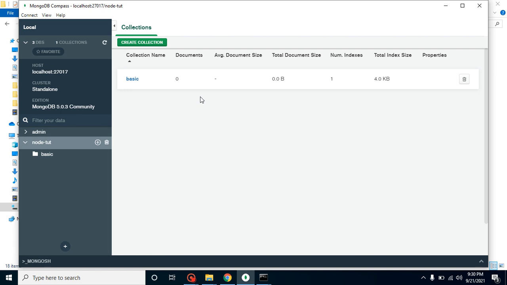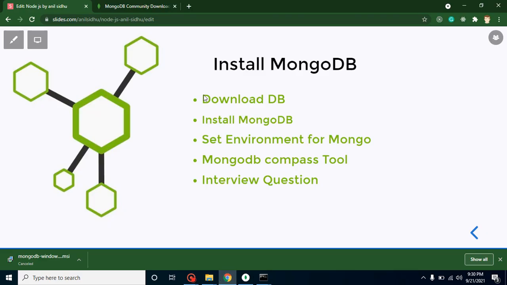So that's all for this video, and now let's talk about interview questions. The first question that can be asked: how can we set up the environment for MongoDB? Here you can tell that we can go to the environment variables and provide the bin folder path, and it will work fine. The second question: what is the Compass tool? You can say that this is a GUI tool to handle MongoDB with a graphical user interface, and it is an easy to use tool for MongoDB for beginners, right? And for comparison, you can say that this is like phpMyAdmin for MySQL.